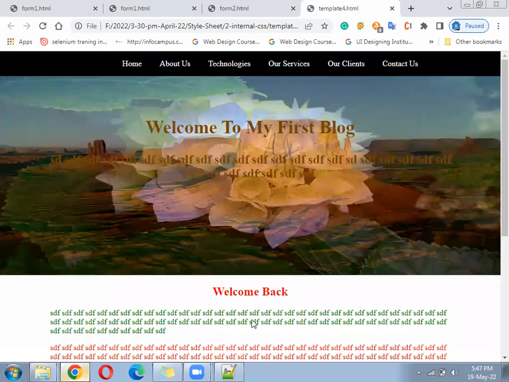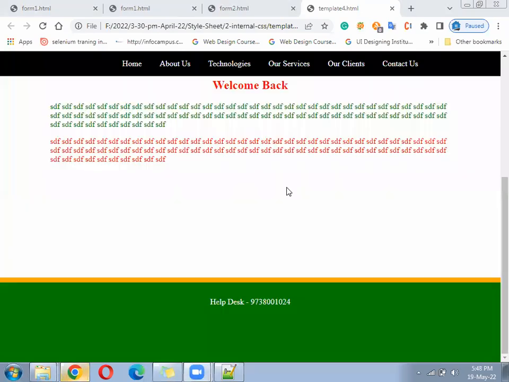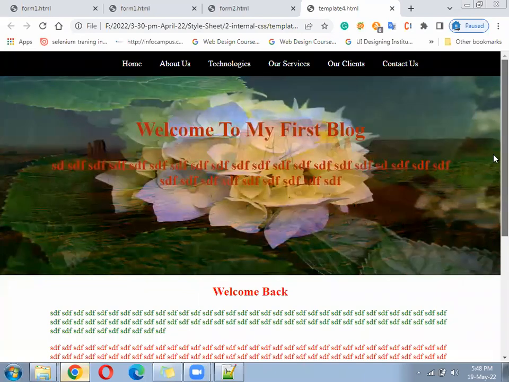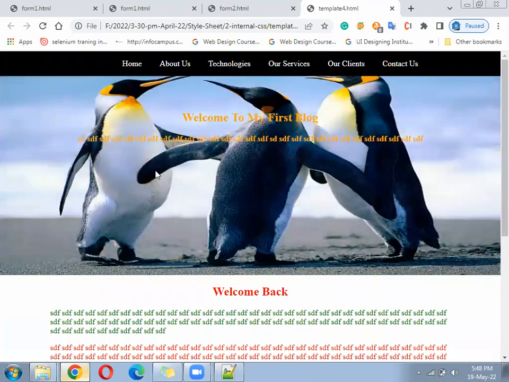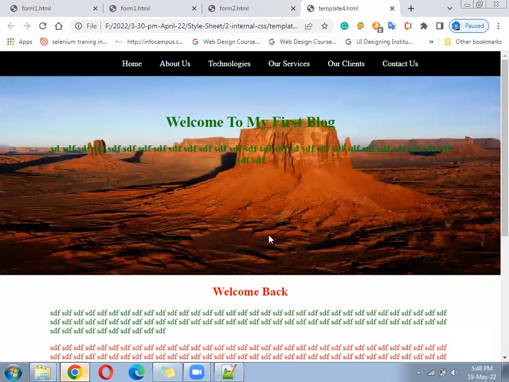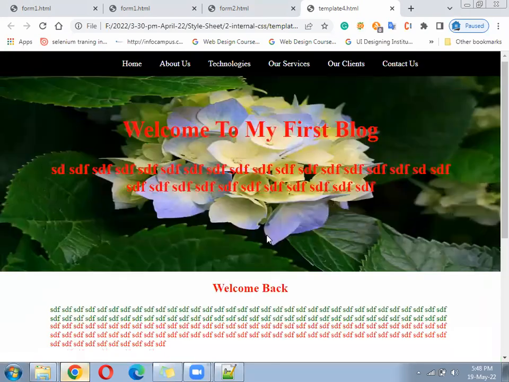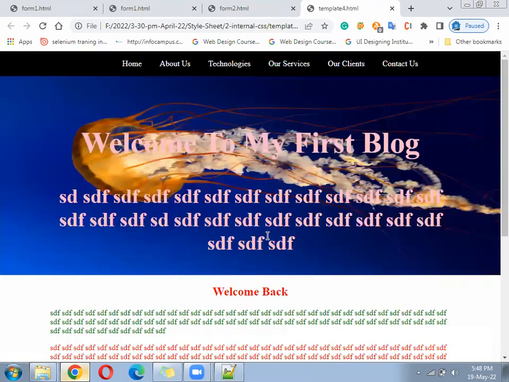Okay, so in this file, we understood how to create the media query. That is called navigation, fixed navigation, menu, submenu, and apart from that, the animation. Next example will create